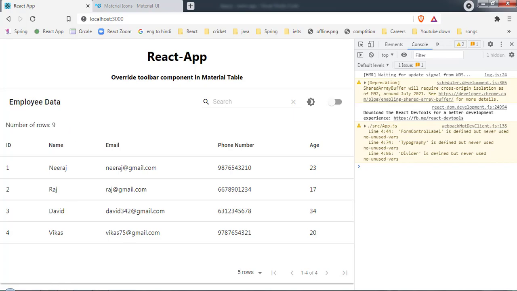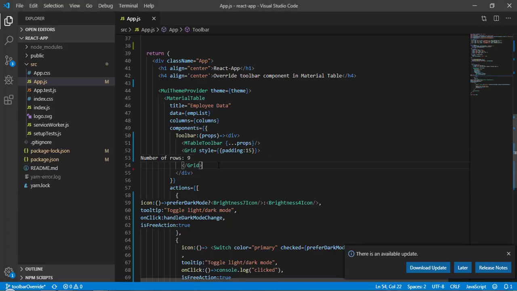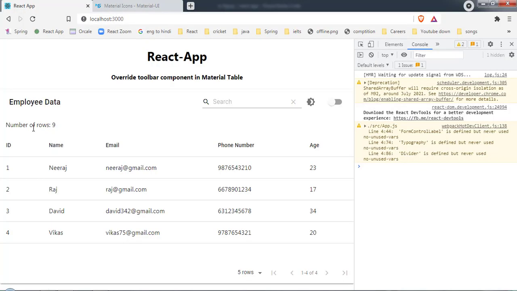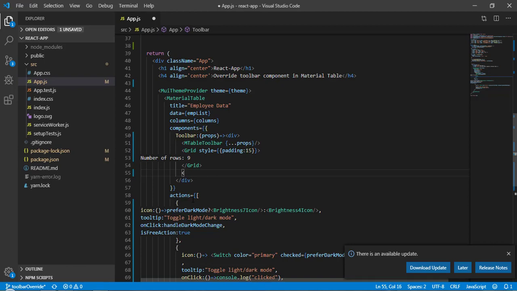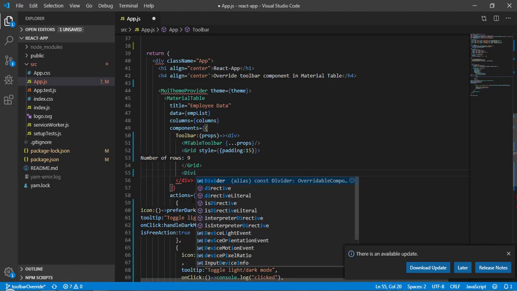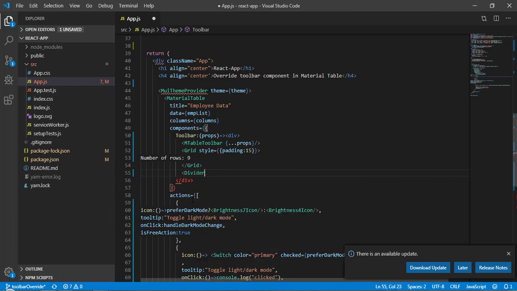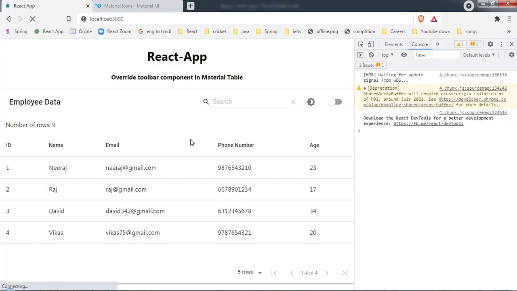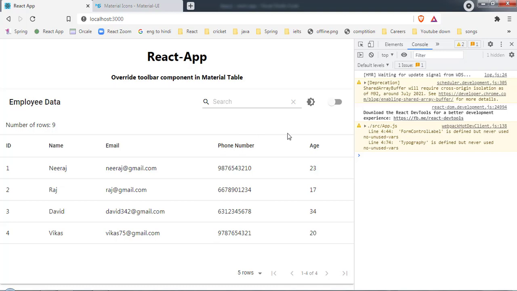Below this grid, I can use a Divider, which is going to add a line between this 9 and this name. So here I will write Divider, and this also comes from Material UI. Now save it, let's come back, and now we have the divider, as you can see.